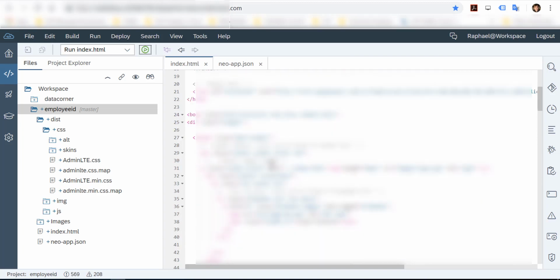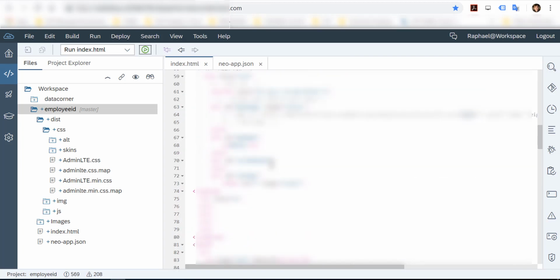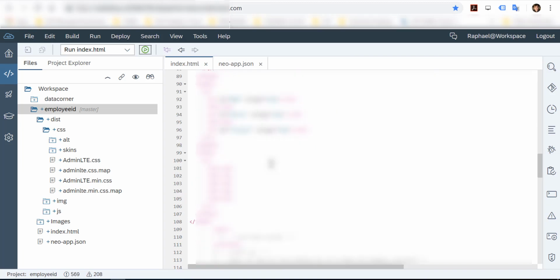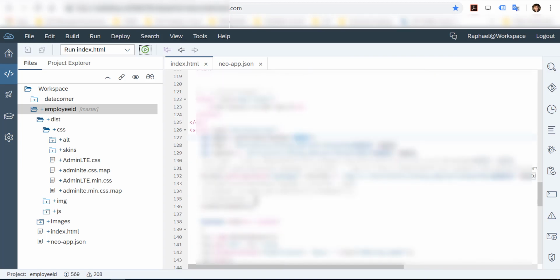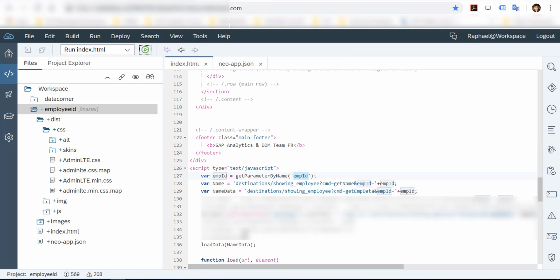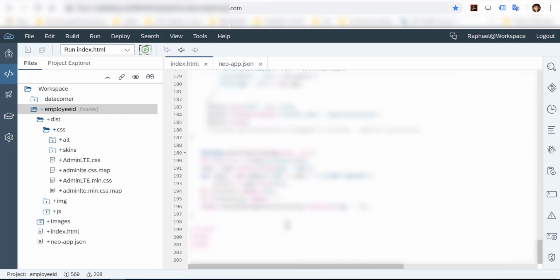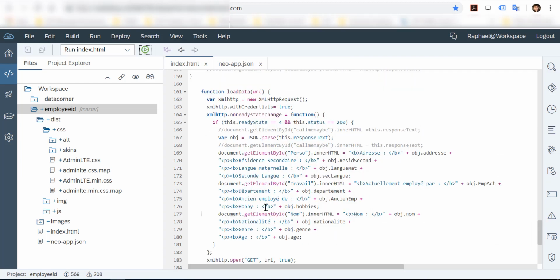function that I've created. So if we go back here, then we will see there should be a load data somewhere. Sorry, here. So you see here, we have the script, and then we're going to be using, so we have defined two destinations, one for the name, getting the information, because basically that's what I want. I'm using the employee ID to retrieve the name, and then the name data to get the information. And then I'm using the load data function that I've defined here, and which is right here, and this is where I'm calling my